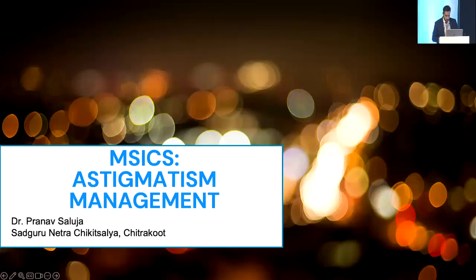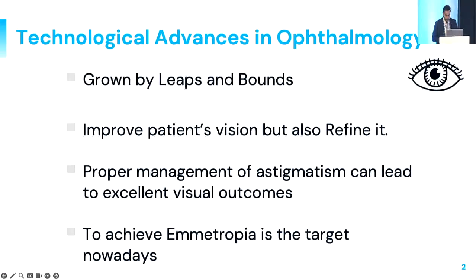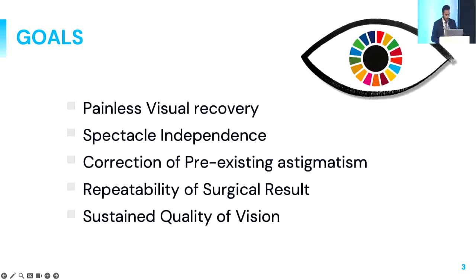So I'll be speaking about astigmatism management. As we all know, technological advances in ophthalmology have grown by leaps and bounds. It is not only our duty to improve the patient's vision, but also to refine it. Proper management of astigmatism can lead to excellent visual outcomes, and achieving emmetropia is the target nowadays. So what are the goals of the surgery? It is mainly painless visual recovery, spectacle independence, correction of pre-existing astigmatism, repeatability of a surgical result, and sustained quality